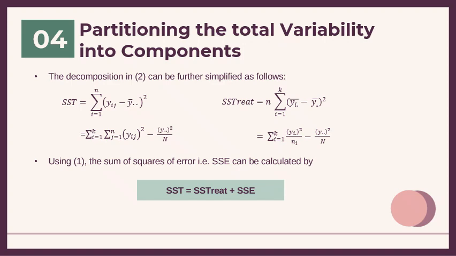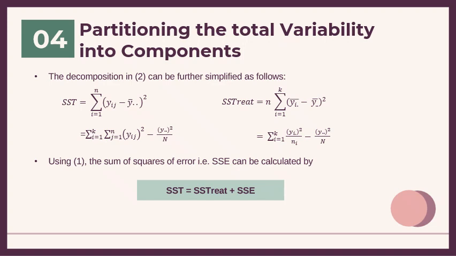Another formula or notation that we need to know in order to calculate the ANOVA test is the decomposition in 2, which can be further simplified as follows. Based on the previous equation, we can simplify that SST is equal to the summation of (yij minus y bar) squared, and it can equal the summation of yij squared minus the square of y over n, the number of n, for